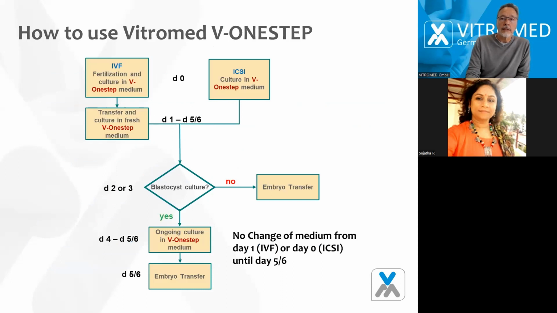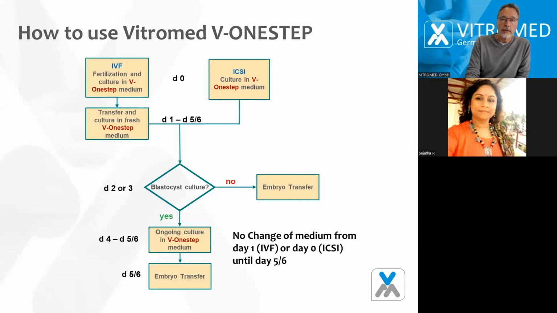Okay, here's a little overview of how it works. For IVF, you do the fertilization in OneSTEP medium. The next day, it's a bit like I've shown already. You have to change the medium. You have to put the oocytes in fresh medium because of the cumulus cells. With ICSI, you can put the cells right after ICSI directly in OneSTEP medium, and you can leave them